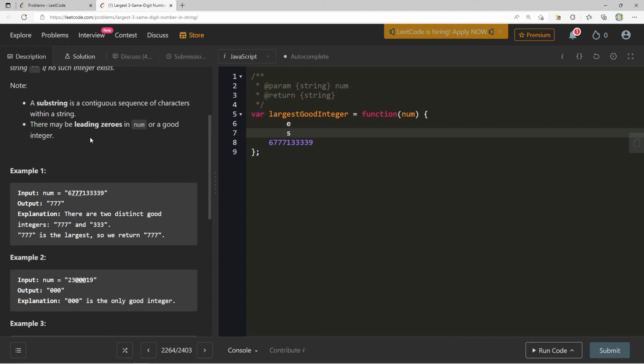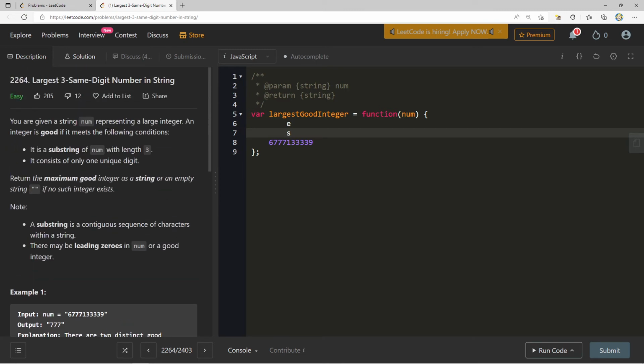0 is the only good integers. They may be leading zeros in num or a good integer. Substring of num with length 3, it consists of only one unique digit. Return the maximum good integer as a string or an empty string if no such integer exists. Okay, so